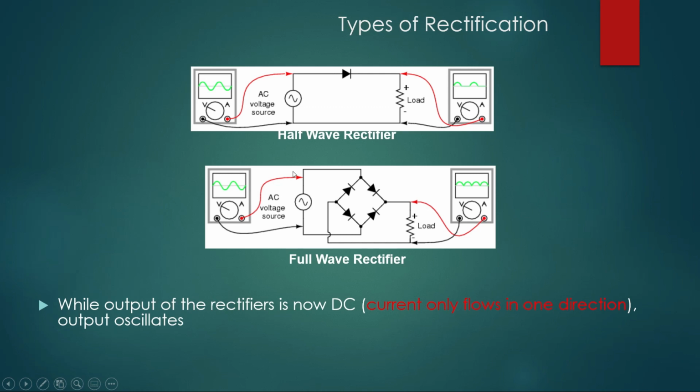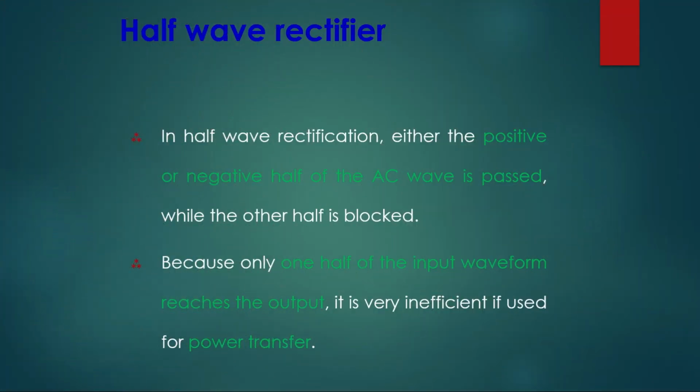In a full wave rectifier, input is again AC. It is given to 2 or 4 diodes, and output is calculated in terms of DC current and voltage. Here we can see the difference between half wave and full wave. In half wave we get only half waves and half gaps. In full wave we get the full waves. We will see exactly how it works, and we will also see the various parameters.